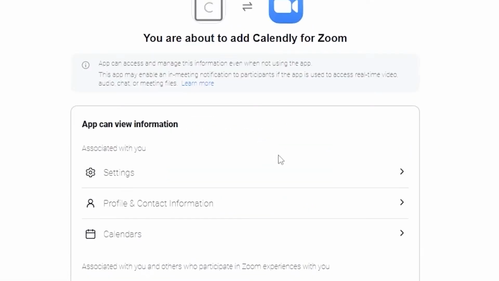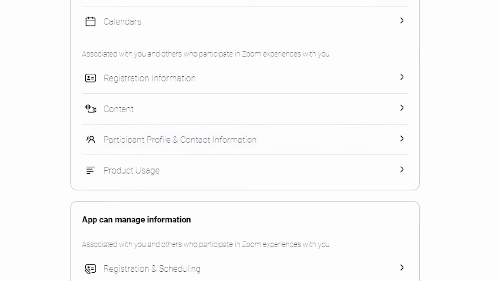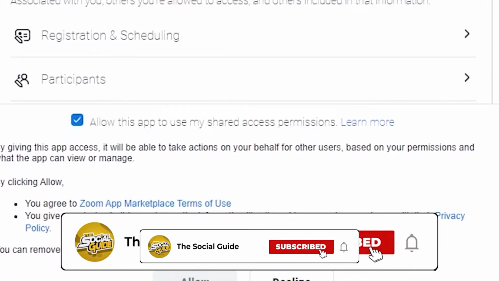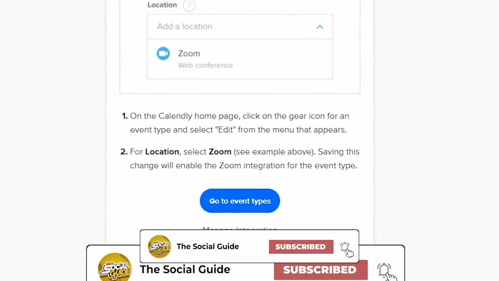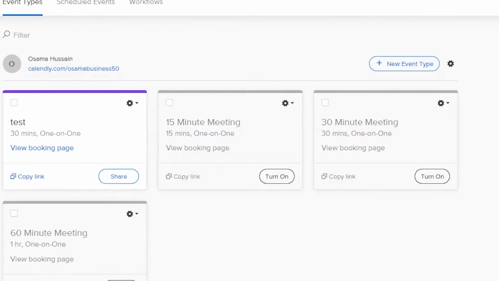Once you have logged in, this is how it's going to look. So over here is going to be your Calendly, and here is your Zoom account, and over here are your settings, your profile pictures, and all of that. Then you have your product, you have your content, and everything. So let's go ahead and click on allow, and click on allow on this app over here, and boom, the Zoom account has been authorized. So let's go ahead and go to event type, and now let's go ahead and create